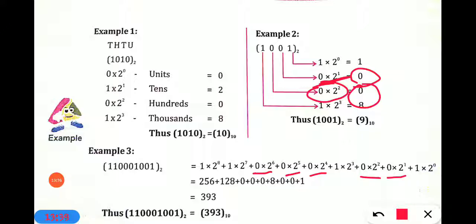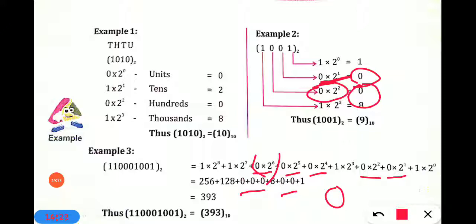There is a 5, 0. No need to count all those numbers. Just close your eyes and write down 0, 0, 0 of that answer. Okay, so no need to count that 2 raised to 5, 2 raised to 6. If you multiply, you have to multiply it with 0, because in the end you count this whole number and in the end there is a 0, means the answer of any number multiplied with 0, answer is always 0. Clear? So that's why if you see the first number 0, no need to count 2 raised to any number, means its position, directly write down 0 with it.